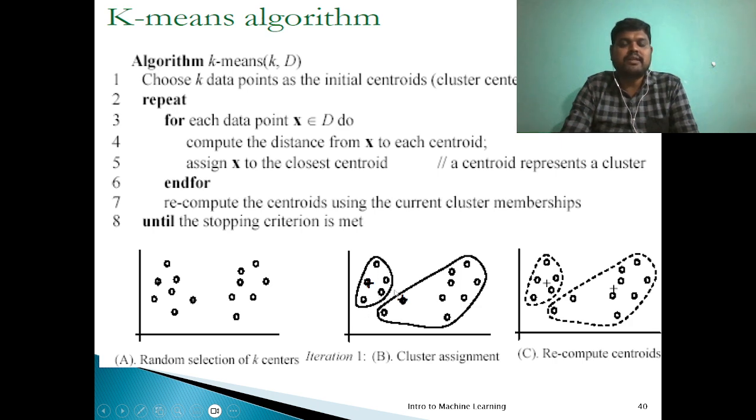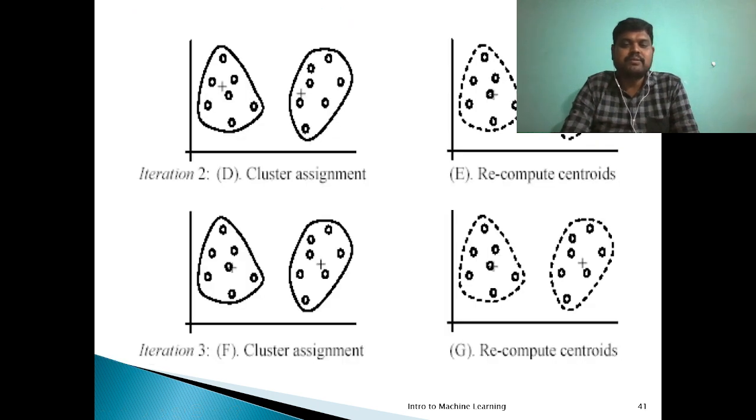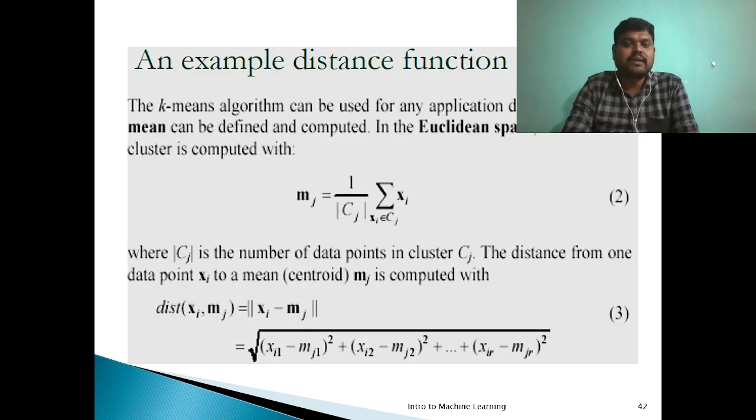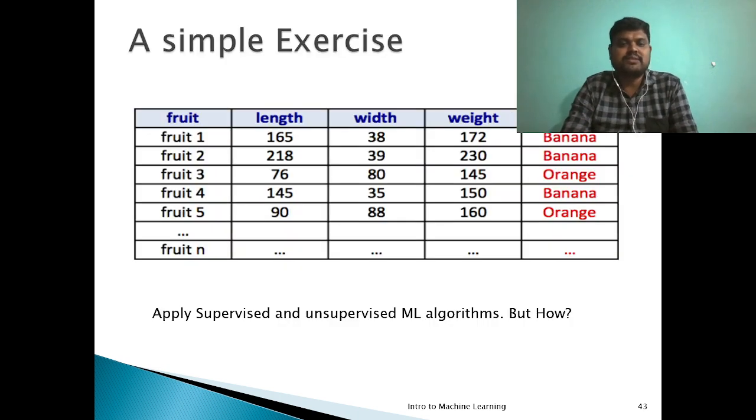So the cluster formation will not happen in a single step. It will move on until it arrives at the best possible clusters, right? So the recomputation of centroids will occur multiple times until it reaches the best possible clusters, right? Then various distance functions are available to calculate the distance from the centroid to the other nodes, right? I don't want to get deep into the distance function. We will skip it now, right?